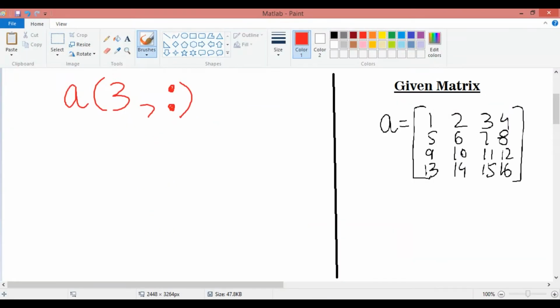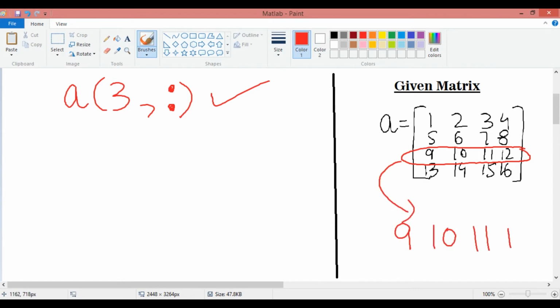The next command that we will use on MATLAB is this: a small bracket 3 comma and then colon. This command will basically show you the third row, and the third row is 9, 10, 11 and 12. So the answer will be shown as 9, 10, 11 and 12.